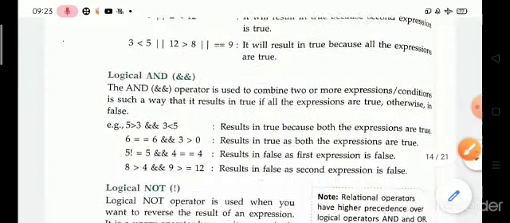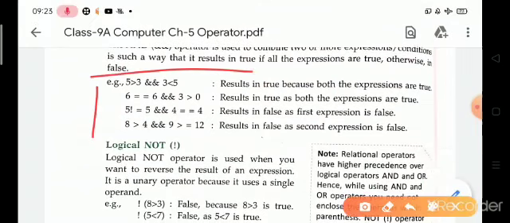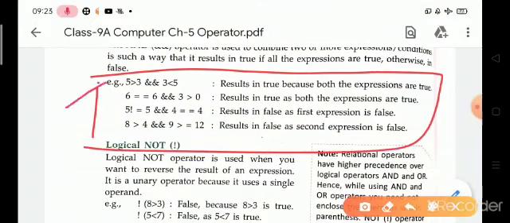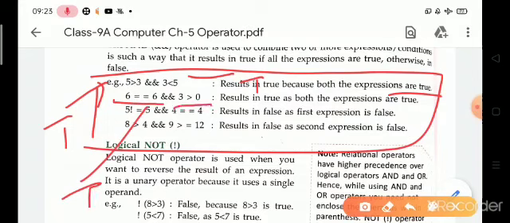Look at this example. In this example, 5 is greater than 3, it means it's true, and 3 less than or equal to 5, it means true. Here both conditions are true, then output is true. In the second example, 6 equal to 6, it means it's true, and 3 is greater than 2, it is also true, so result will be true.